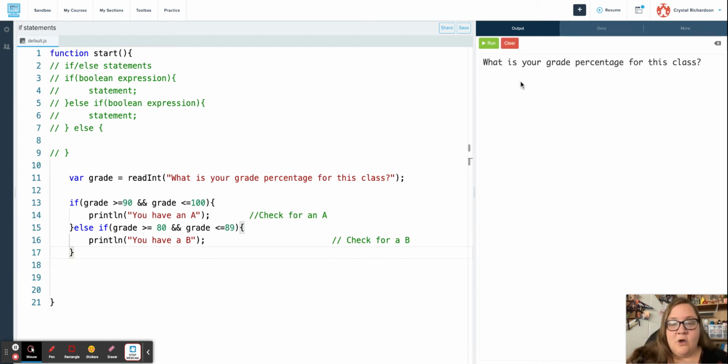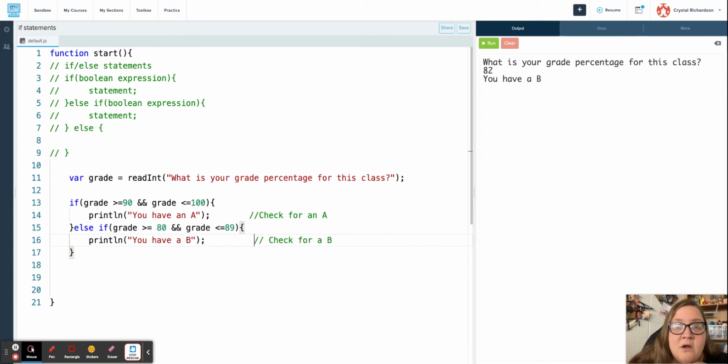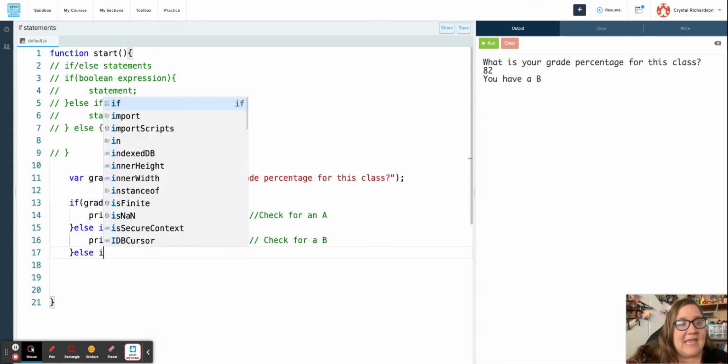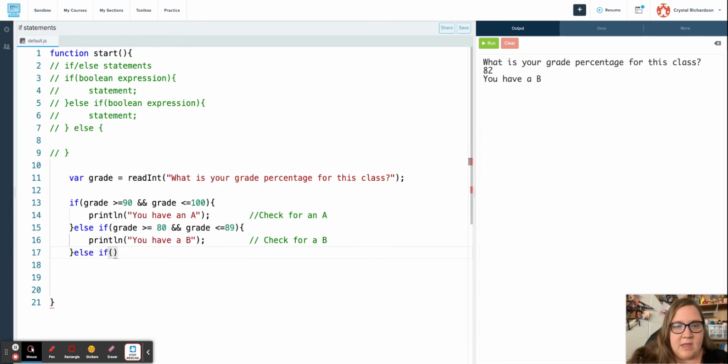So now if I put in a 97, I get an A. And if I put in any number between 80 and 89, it should now print off a B. Okay. So we still have a ways to go. We still need to check for a C. So we're going to go down to the next line. I'm on line 17. We wrote else if, and we're going to need to check